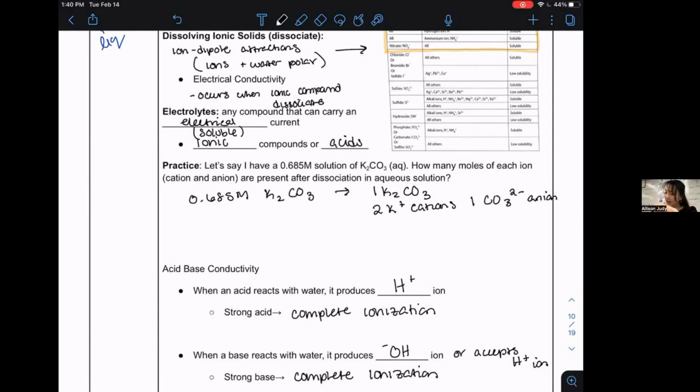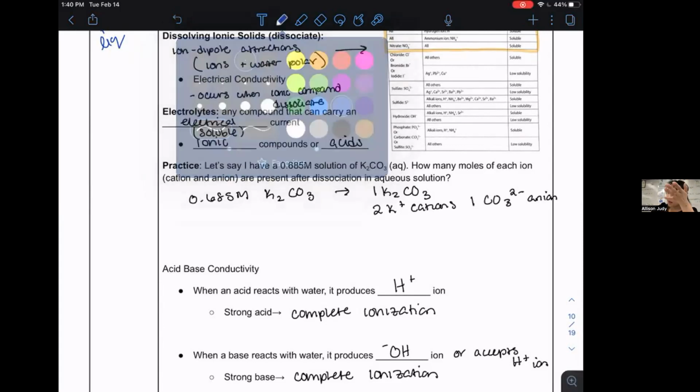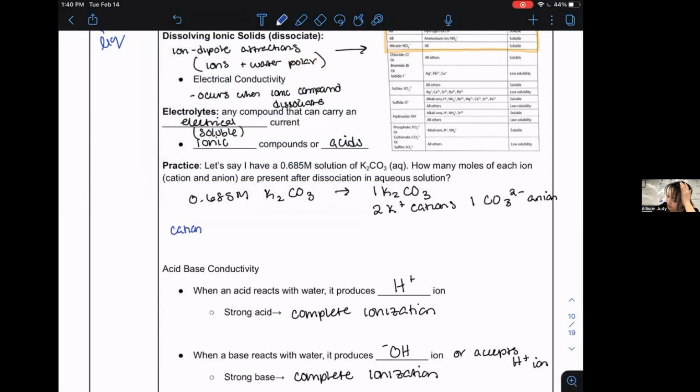Okay, so that means if we have a cation amount, so let's look at the cation molarity. If we have 0.685 molarity of K2CO3, that means unit conversion wise, for every 1 K2CO3, I have 2 K pluses, which means I have a molar ion concentration of